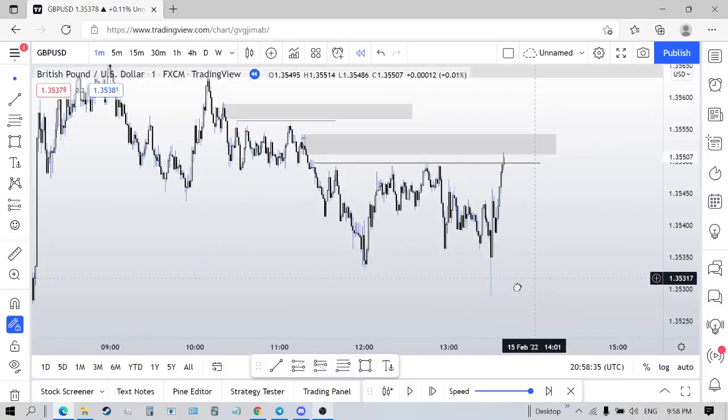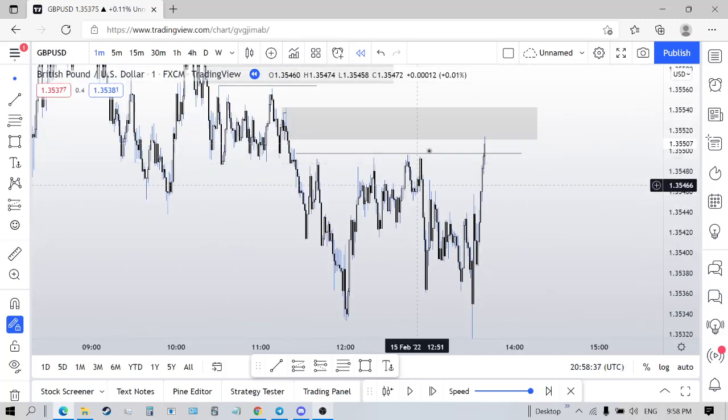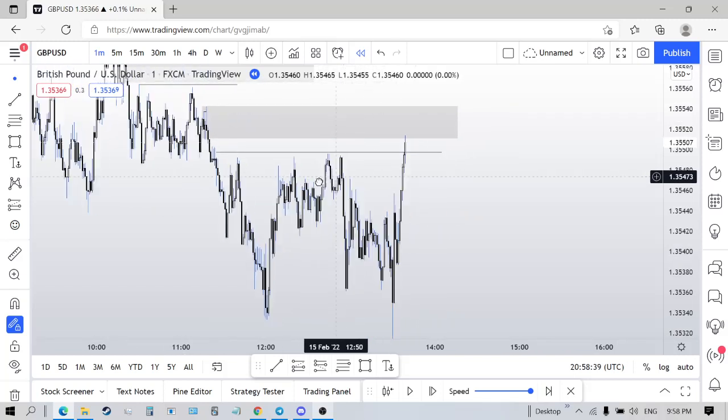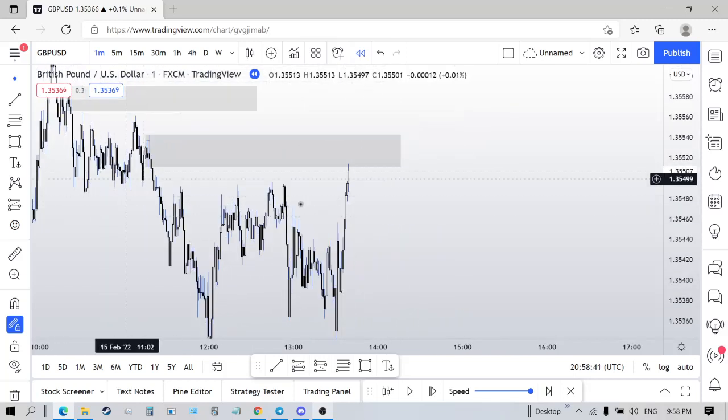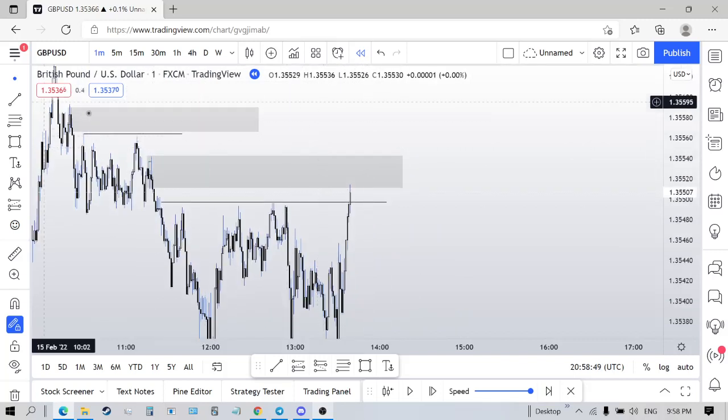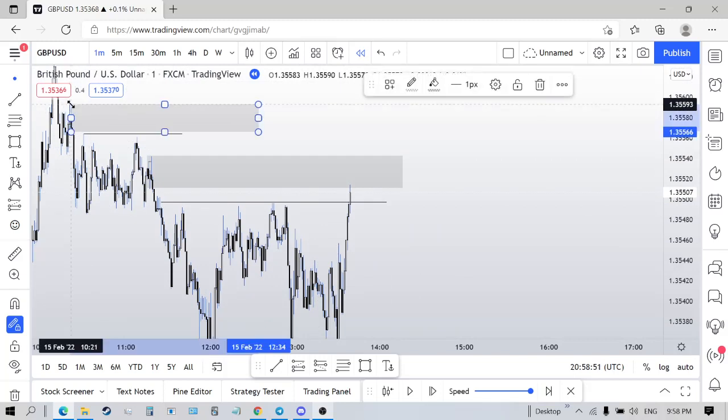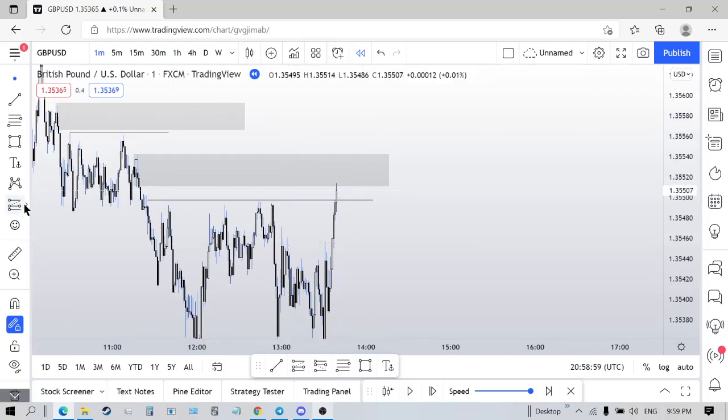All right, so once price comes into here, I just took a sell limit. I took a sell because of time and price lining up with this. Now, if time wasn't there, then I'd expect it to come up here, and it surely could have come up here, and I could have been stopped out. That's fine. I accepted the risk because this area is a lot cleaner. But I like this area too because of all this build up right here. All right, so I took my sell limit here.